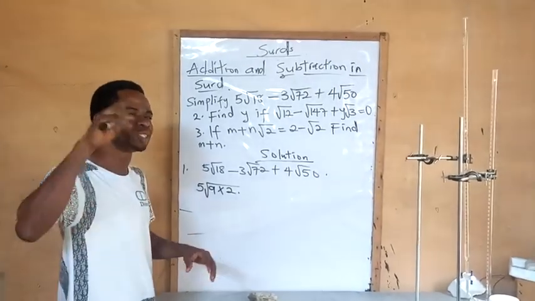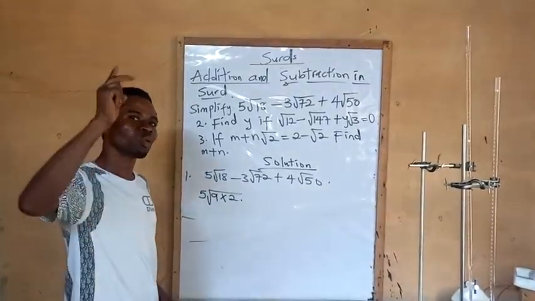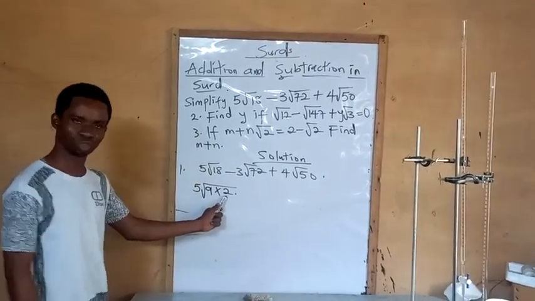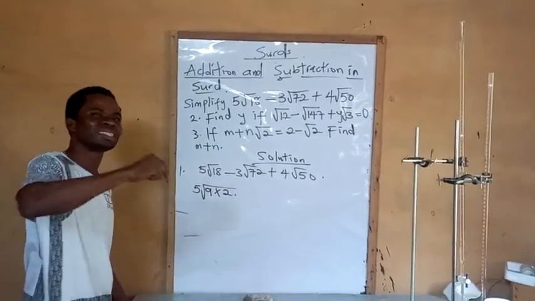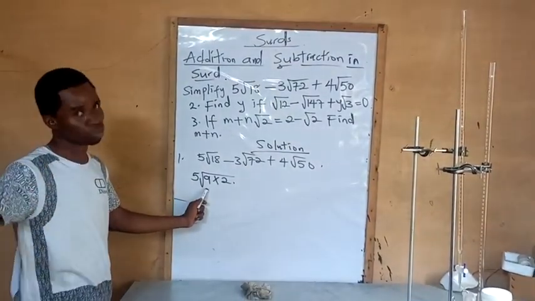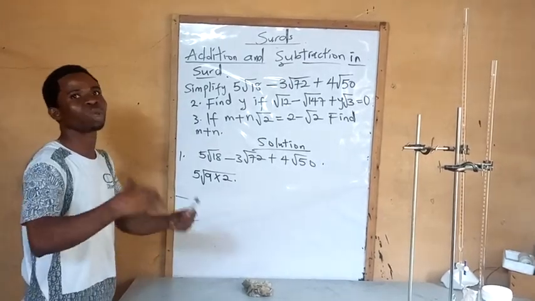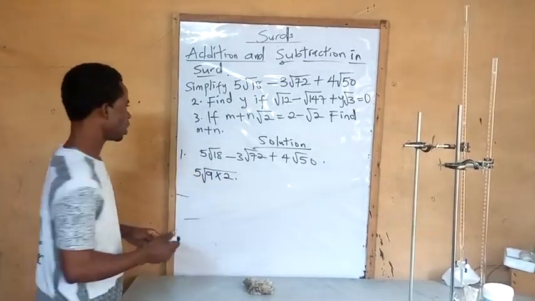But to reduce tricks, like I told you earlier, use two numbers where one is a surd and the other one is a perfect square, the other one having a square root. So use those two numbers. It will reduce your stress. It will make your work faster and easier. Now minus